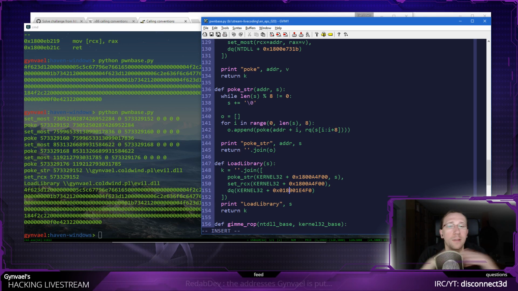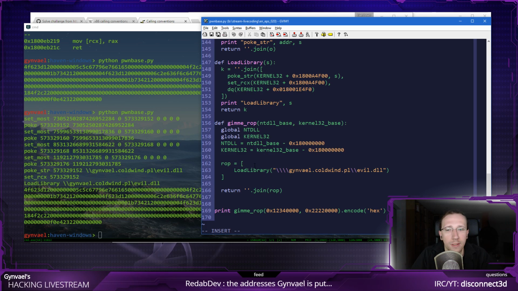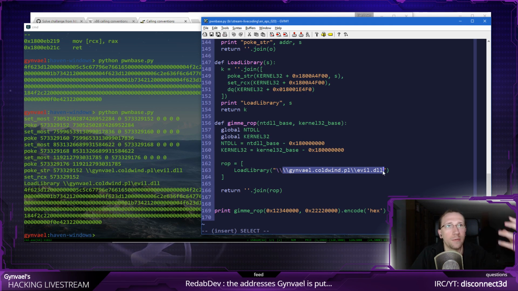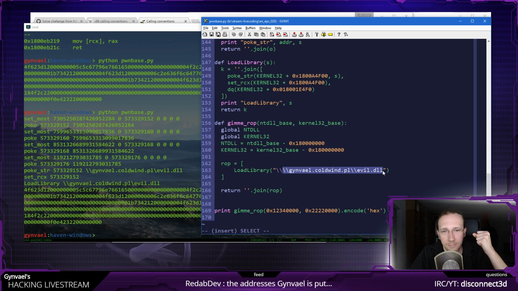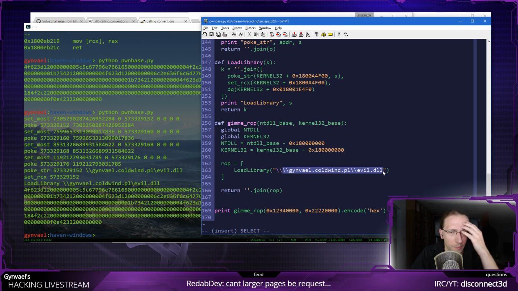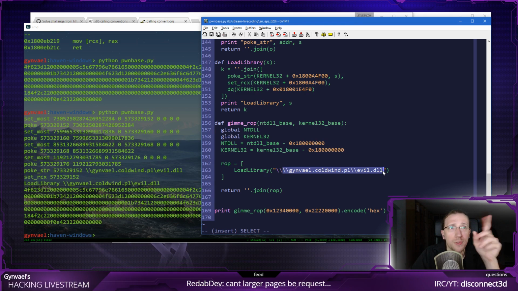Now, one thing about this method: I showed you that you can use load library, right? And it fetches a DLL from a remote server. Sadly, I don't have a test program which I could show you that it works. Maybe early next time if you like, or something. On CTFs,